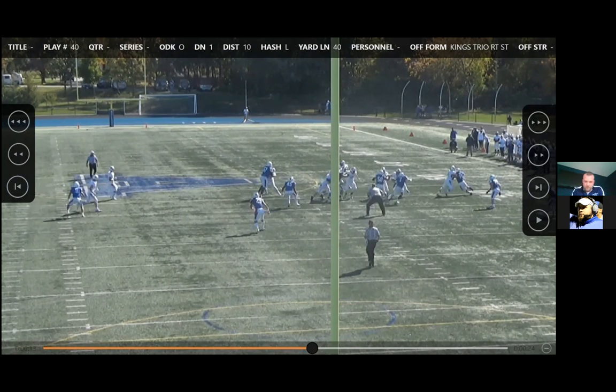I have no problem with the pull and throw. I'd rather throw it every time. But that's just what I mean by, can he make a play in the run game? And if the answer is no, hand the ball off. And you can see there's probably a decent run here, and the only guy that can tackle him is this corner.